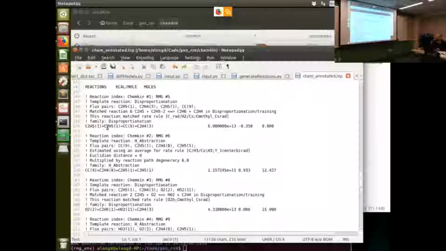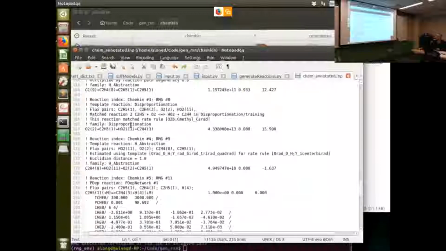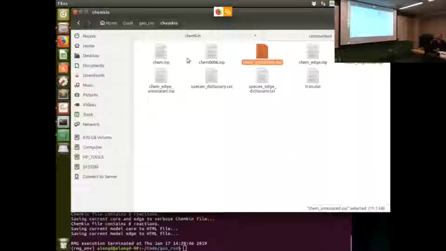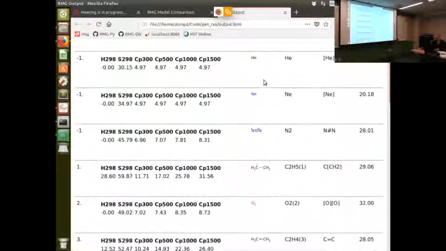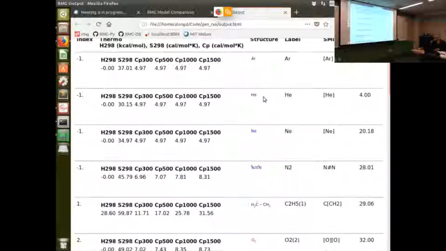So ethyl reacting with ethyl radical. Here again, ethyl and ethyl are reacting, H abstraction, and that's disproportionation, and so on. We can take a look at the HTML output, which is more clear. So here are our species. We have some inerts that RMG adds by default. If you're using pressure dependence as we did, you have to have at least 1 inert. And we have several here,